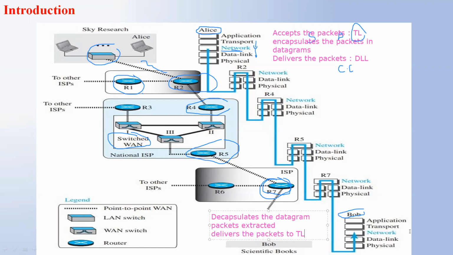So the network layer at a destination host will decapsulate the datagram from the data link layer, extract the packets from it, and deliver the packets to the upper layer called the transport layer. Here, the source as well as the destination node are involved with all 5 layers of TCP/IP, that is application layer, transport, network, data link, and physical, whereas the routers connected for communication are involved with only 3 layers of TCP/IP: network, data link, and physical layer.